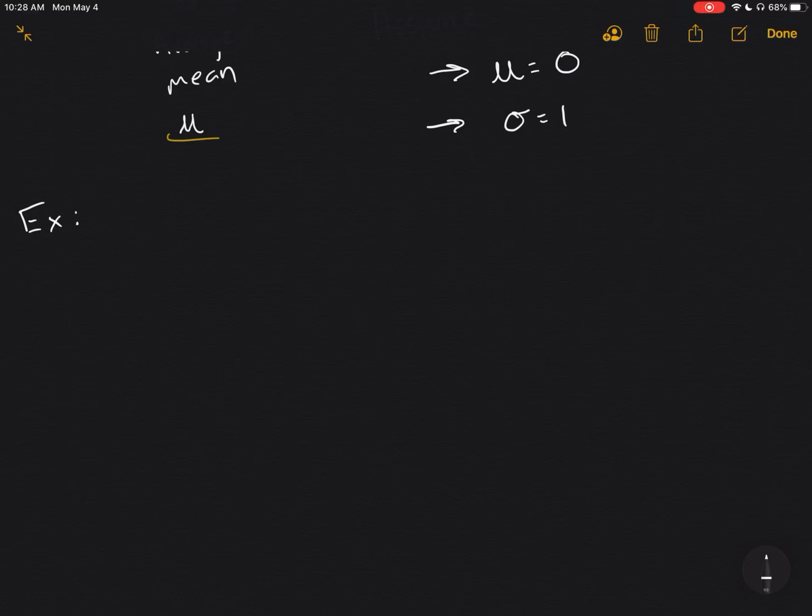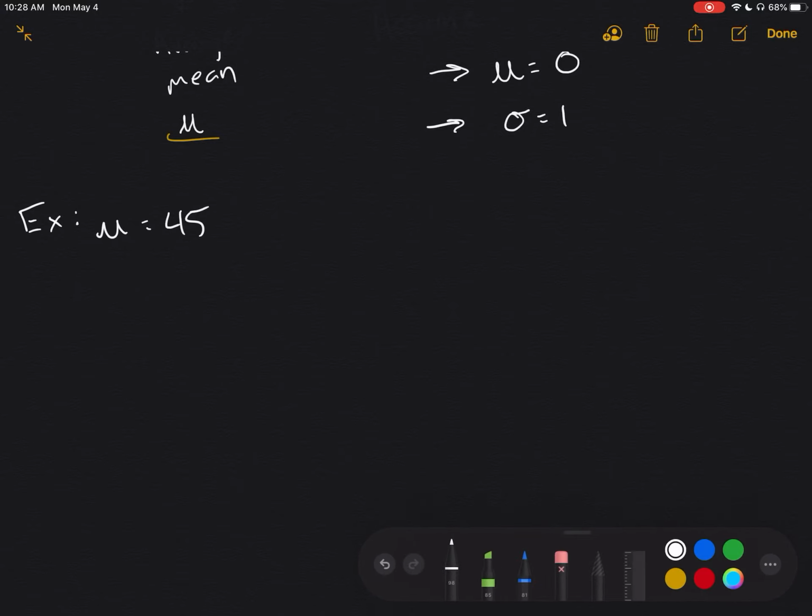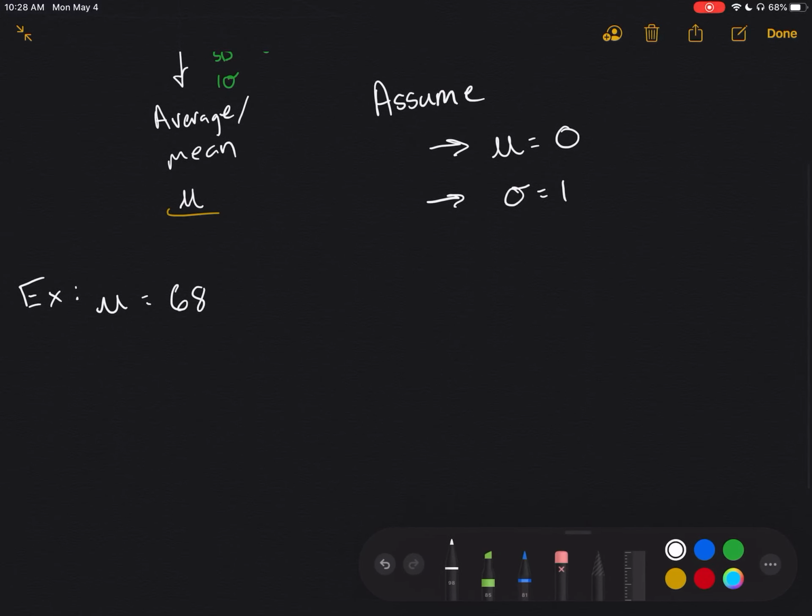Okay, so the average, the mean, is going to be, let's say, 45. Or maybe, how about we just use our test example that we were previously talking about? The average test score was a 68. The standard deviation of the tests is, I don't know, let's go with 4. Maybe let's go 3. So the sigma, the standard deviation, that measure of variance, is 3, which maybe doesn't mean a whole lot